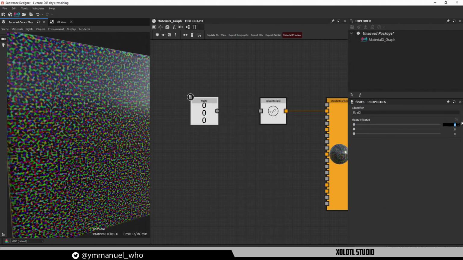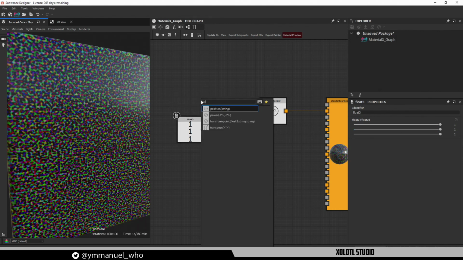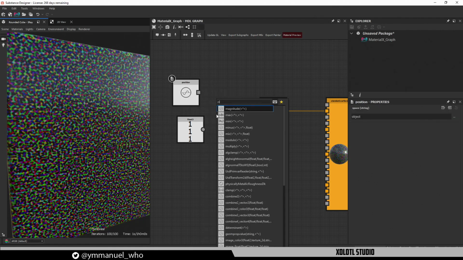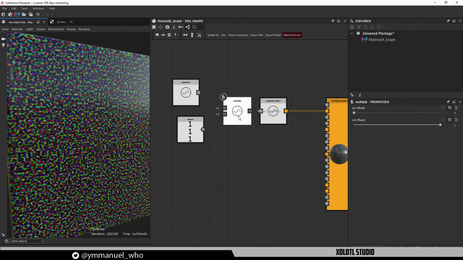Set it, for example, to 1, 1, and 1. And let's create a node called position